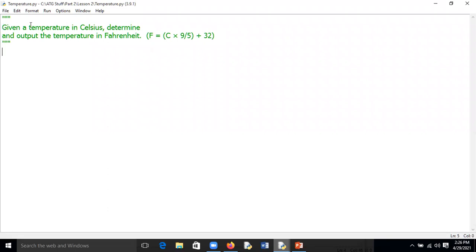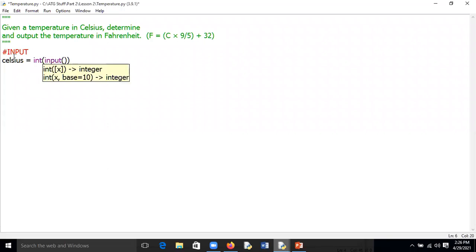Given an input temperature in Celsius, determine and output the temperature in Fahrenheit. Okay, so let's go. We are going to be looking at our input, and let's just call the variable Celsius is assigned. Now here's the thing. Do we read it in as a float, or do we read it in as an int? Let's read it in as an int. So my typecast int,